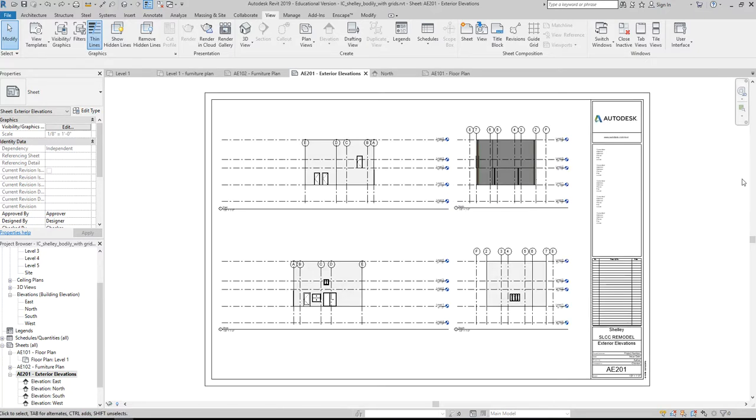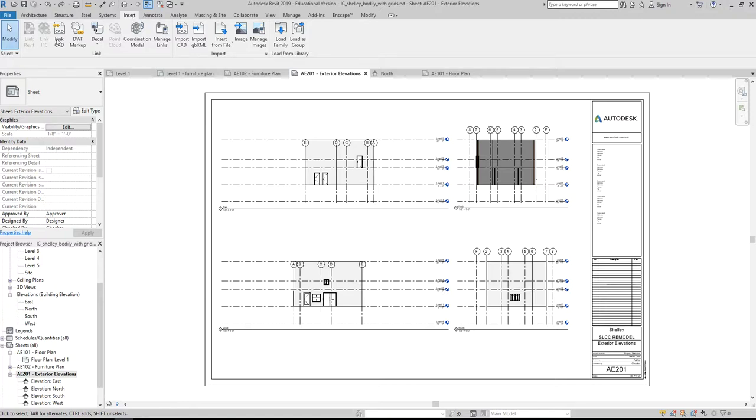What happens if I didn't load a title block that I actually want, right? And I don't want to go through the sheet interface to find it. I'm going to show you kind of a standard way to insert different things into your project, okay? And this is going to be something you'll use for other items as well. But if I want to insert things into my project, like title blocks or other families, I can also go to the insert menu here,